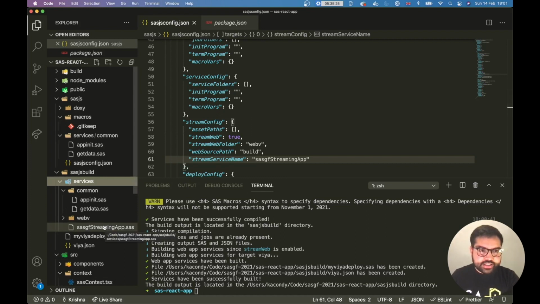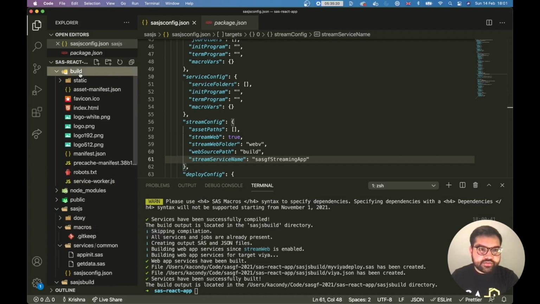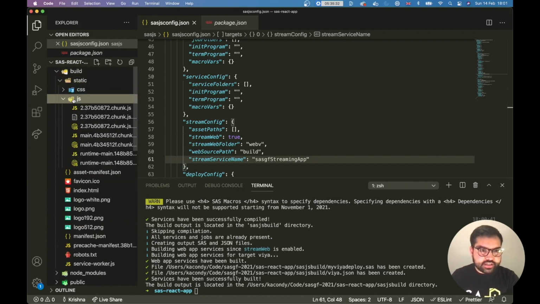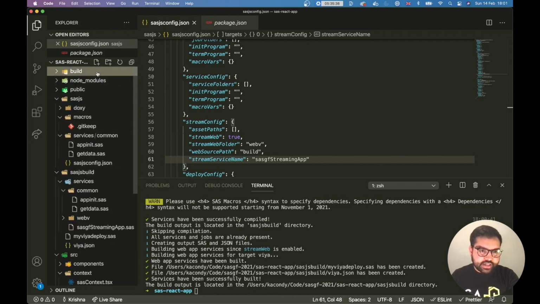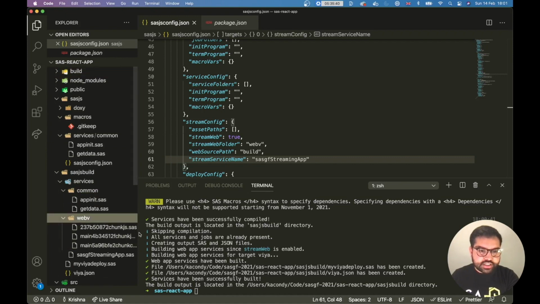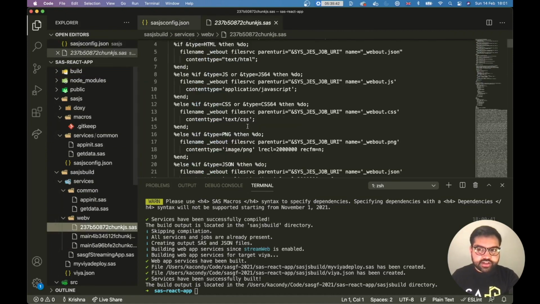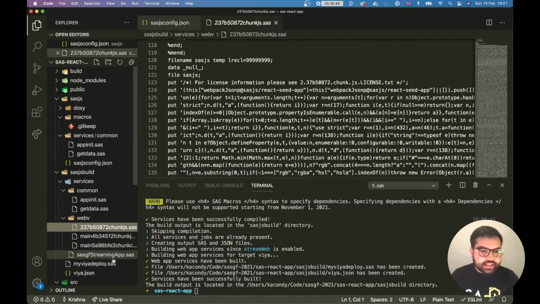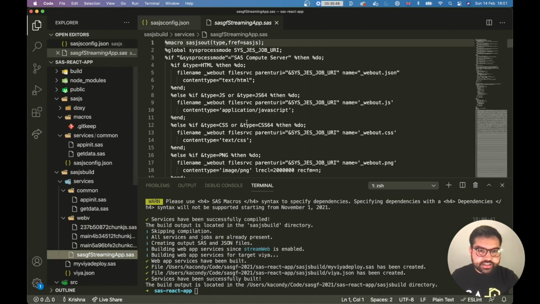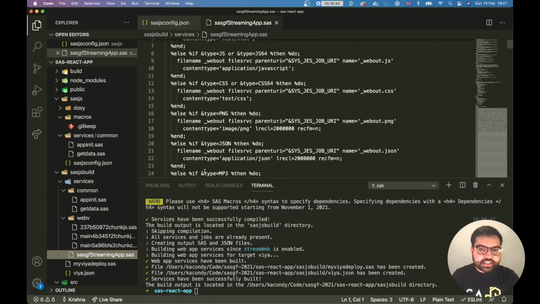What that's essentially done is take our files from the build folder. There's a bunch of CSS and JavaScript files here. It's created services for those which stream the content in each of those files. And then it's created a main streaming service which streams the index.html file.